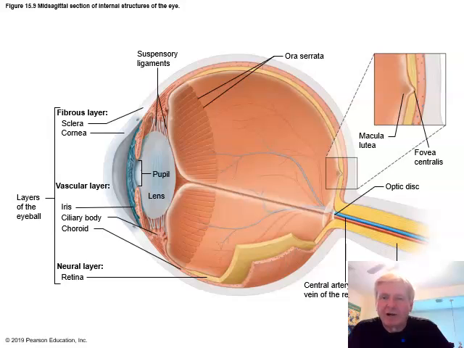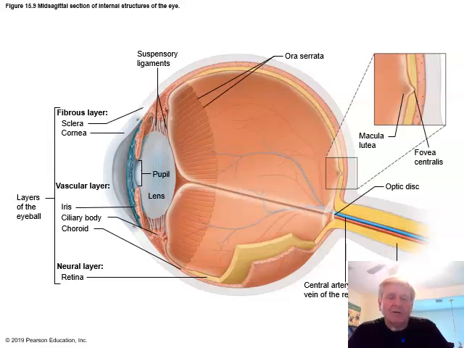Again, fovea centralis, this is the area where your concentration of cones is at its greatest, so that's what's responsible for our acute vision. So the iris, ciliary body, choroid, these are all part of your vascular layer. The retina is part of your sensory layer, and then the fibrous layer is the sclera and the cornea. The lens,